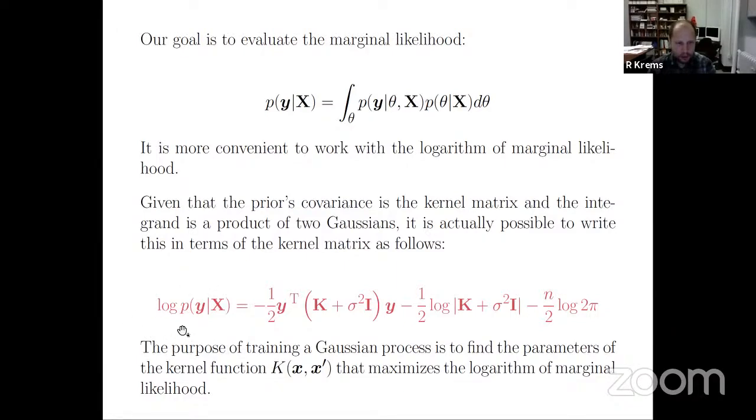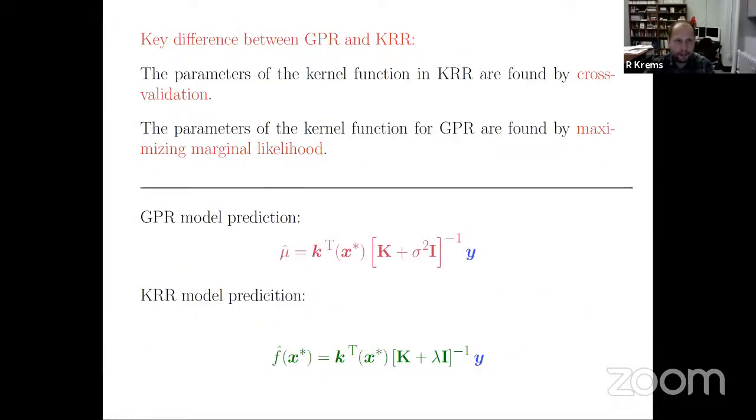So this marginal likelihood still corresponds to fixed parameters of the kernel function, and we maximize it by varying the kernel function parameters, the hyperparameters. But we don't integrate over those parameters. So that's actually going to be important for later. Mm-hmm. Thanks. And I'll try to remember to mention this again when we see examples of kernel functions later on. Okay. All right. So just to mention again that the key difference between Gaussian process regression and kernel ridge regression is again in the way they are trained.